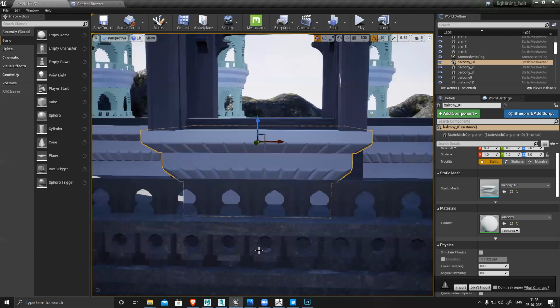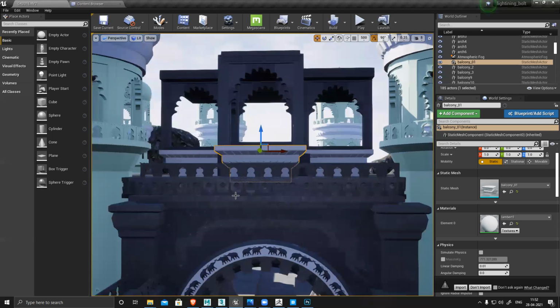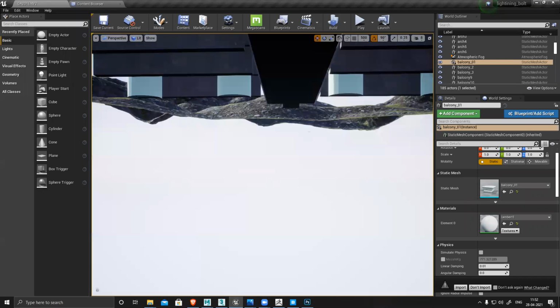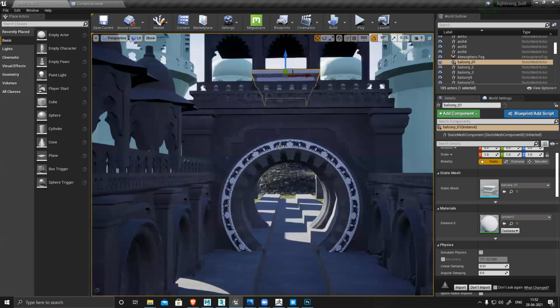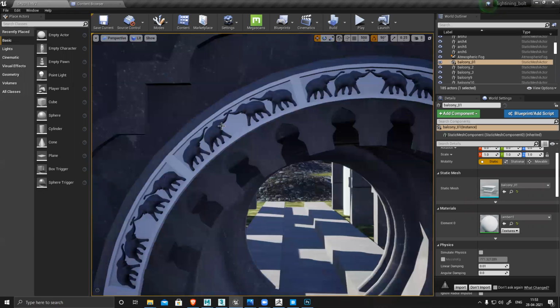So from a distance also, even if texture wise I haven't differentiated the surface, it's there in my model, so it will automatically be visible, right? That's the whole idea. If you're using a modular piece, you can afford more polygons, so you can create a detailed model and use it. Similarly, this elephant, I could have baked it. It's not like too much depth or anything. It just gives me a better result, so I'm using a model.